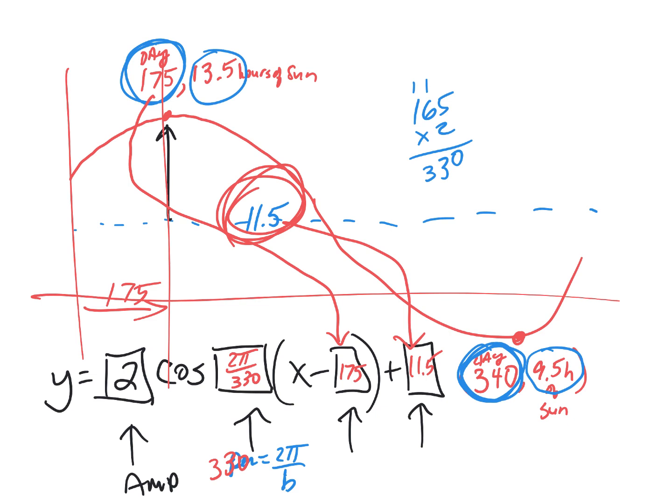So anyway, their equation would be quite different than ours. Why? Because they get a lot higher wave of sunlight in the summer and then a lot less in the winter. So their amplitude is much higher than ours would be. And our amplitude is much higher than anybody who lives on the equator, because there it really doesn't change much.